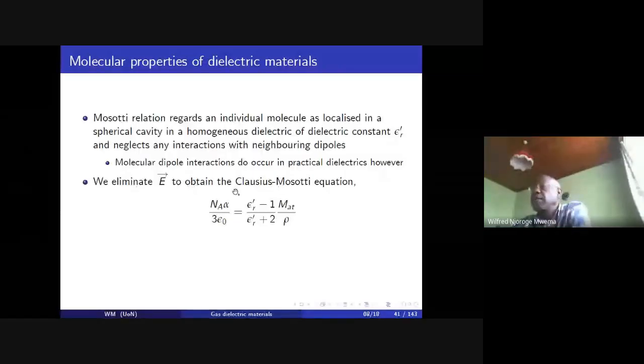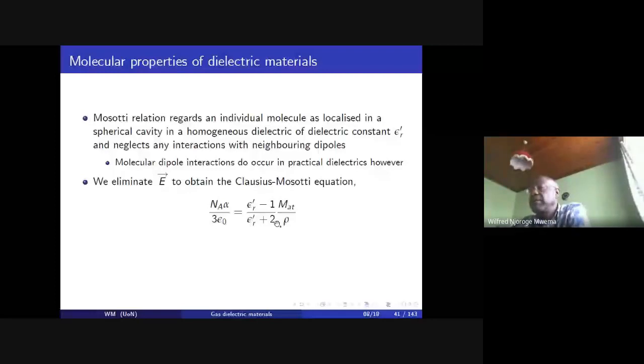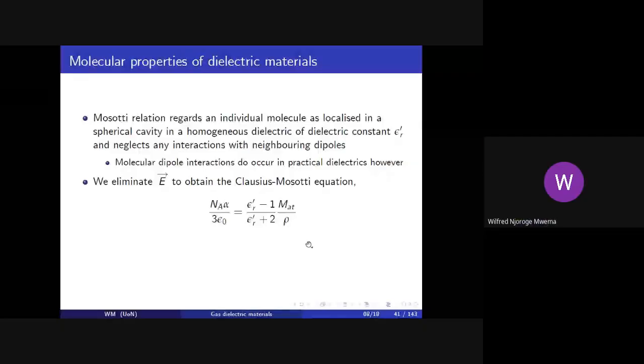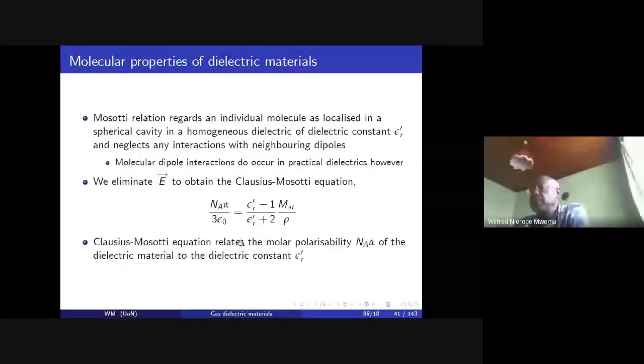So E, the applied field, can be eliminated, giving the Clausius-Mossotti equation: the molar polarizability N_A alpha divided by 3 epsilon naught, which gives us a ratio of epsilon r prime minus 1 over epsilon r prime plus 2, multiplied by the molar mass divided by the mass density of the material. The Clausius-Mossotti equation therefore relates the molar polarizability of the material to the dielectric constant of